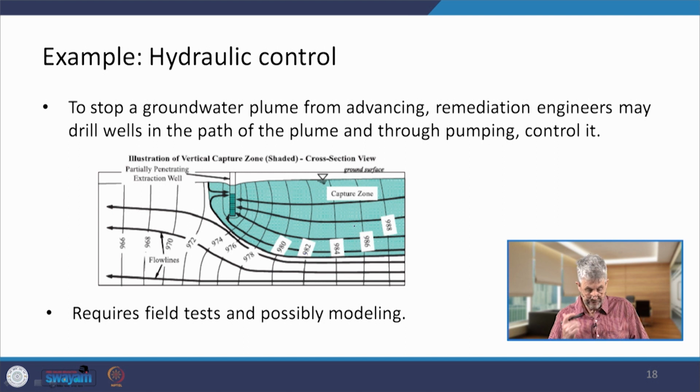So hydraulic control briefly is installing a well right here in the path of an advancing plume. The plume in this drawing is shown in blue, right? So all the blue area means it's contaminated water. And we want to ensure that that plume, that contaminated water, is not passing a certain point. And that includes the installation of a well, an interceptor well, or how we call it, a hydraulic control well. So this well is designed to capture all the polluted water, pump it out of the ground, ensuring it doesn't get any farther than that.